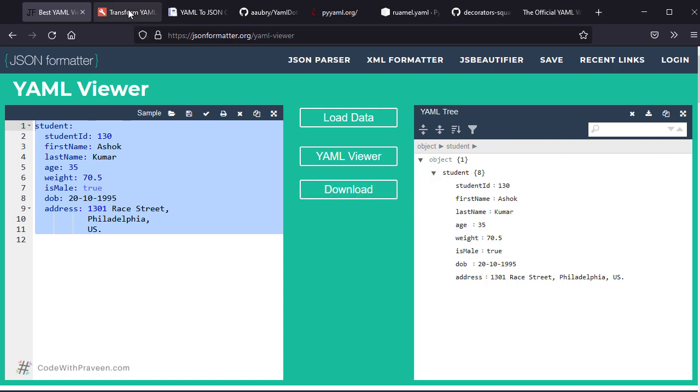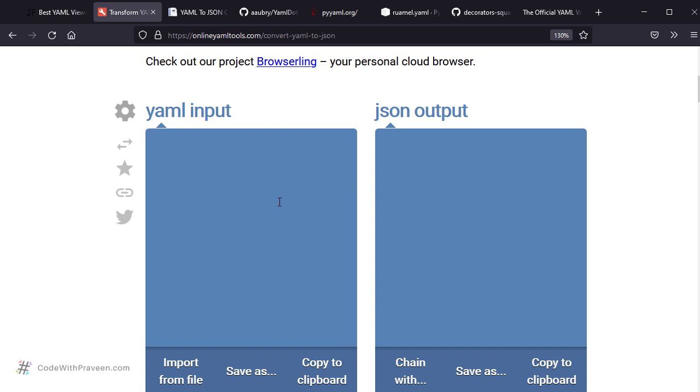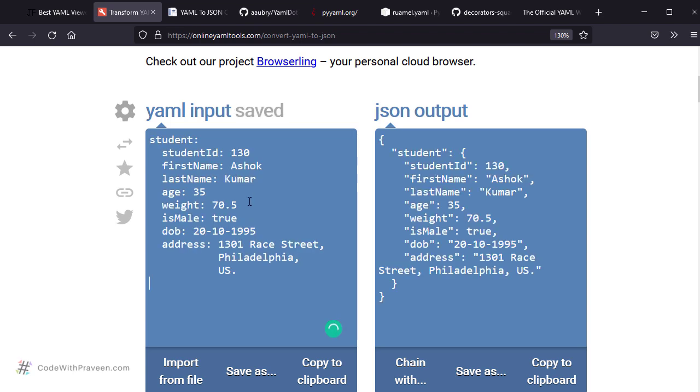Let's get to the second tool, namely the conversion tools from YAML to JSON. This is one of the tools that you can use to convert. Let's say we have this YAML and you can see the corresponding JSON output readily converted online. So in case you want to convert it when you are working with your specific program, then you can